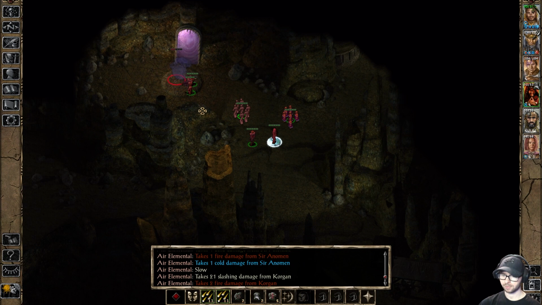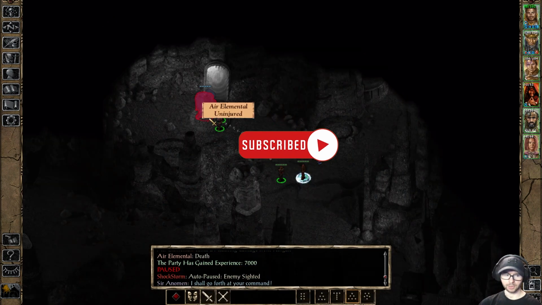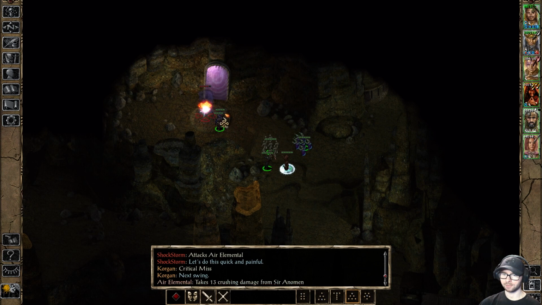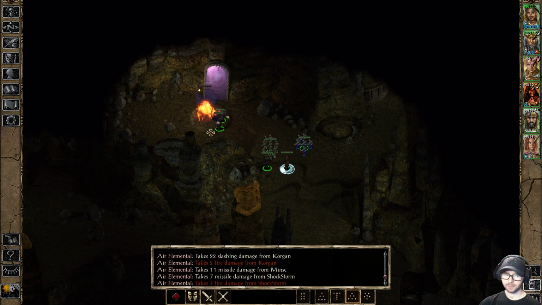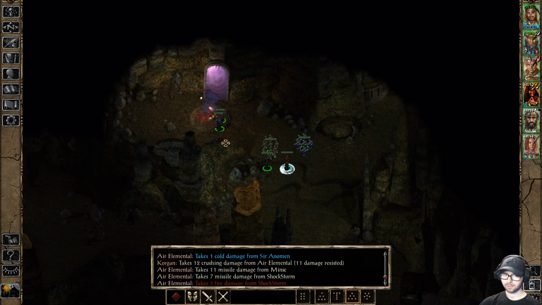And basically, as you explore different areas, you'll run into enemies and a battle will begin. Baldur's Gate 2 has a real-time combat system. Now, during battle, if you don't give any commands to your characters, they will begin auto-attacking an enemy. At any point during battle, you can press the spacebar on the keyboard to pause the combat and give